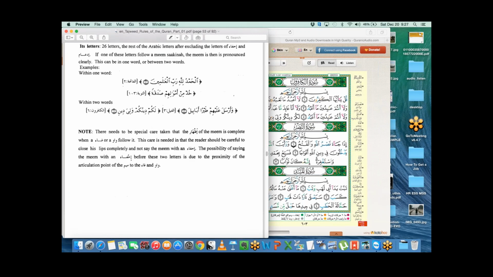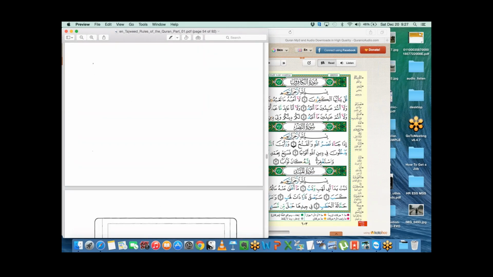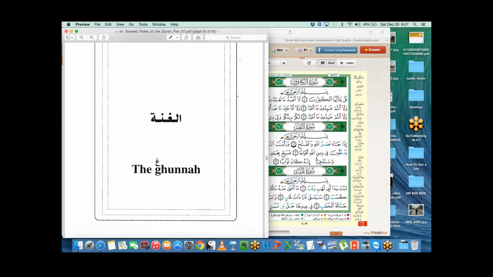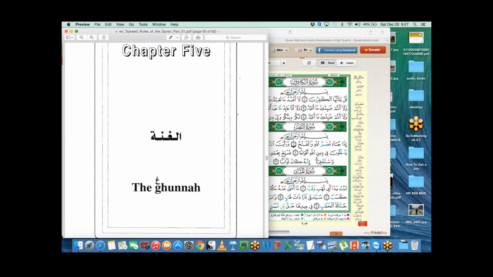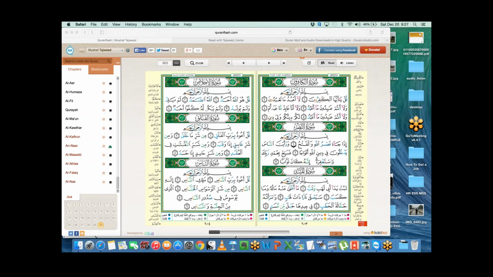Okay, so there is not a whole lot other than just those three rules for meem sakina, and we were supposed to cover al-ghunna today, but I decided let's not cover that right now because it's just too much theory going on. So let's go ahead and start with our reading, inshallah. So I've opened the Mus'haf Tajweed because it has some coloring and so on, to ease your reading of the rules. So when you recognize the rule, then you can go ahead and pronounce it with the rule.